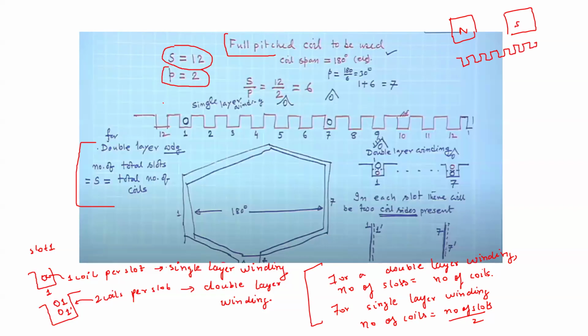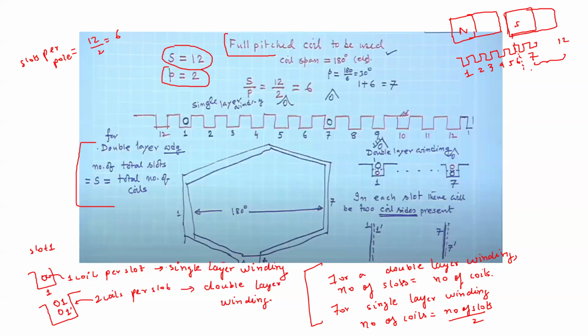So first of all, what is the slots per pole? Slots per pole for this example is 12 by 2, which is 6. So there are 6 slots under the North Pole and 6 slots under the South Pole. You will see 1, 2, 3, 4, 5, 6, and this seventh one. So 6 slots are under the North Pole, and from 7 to 12 are under the South